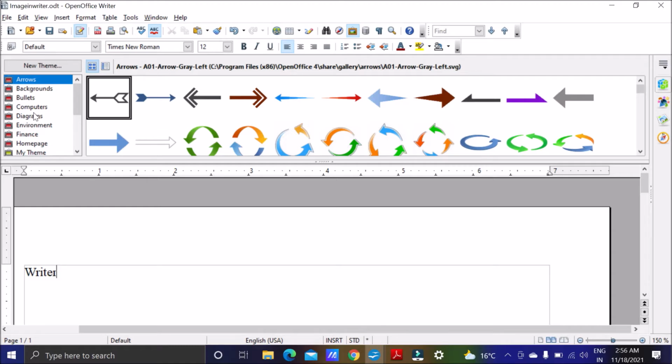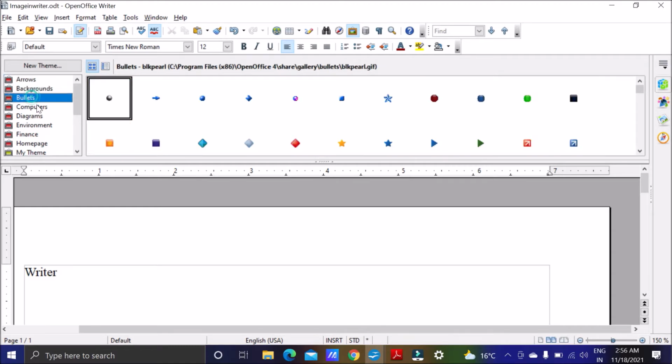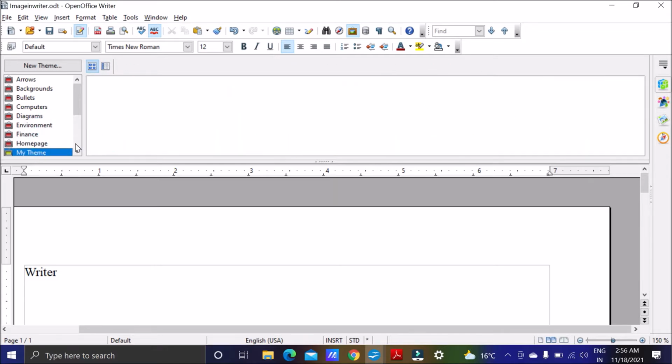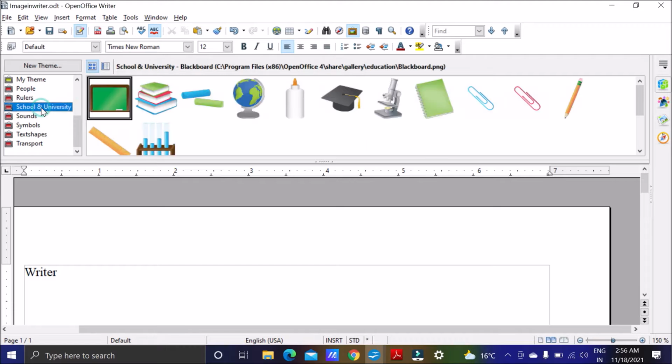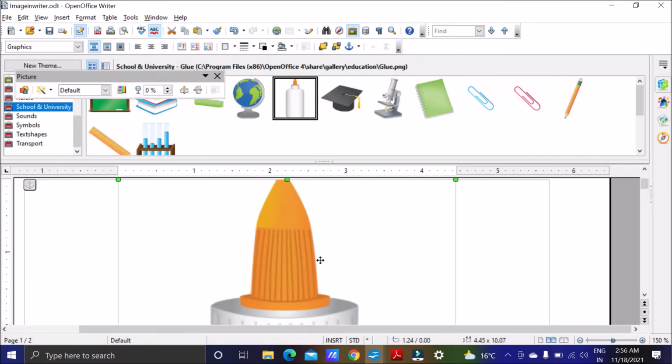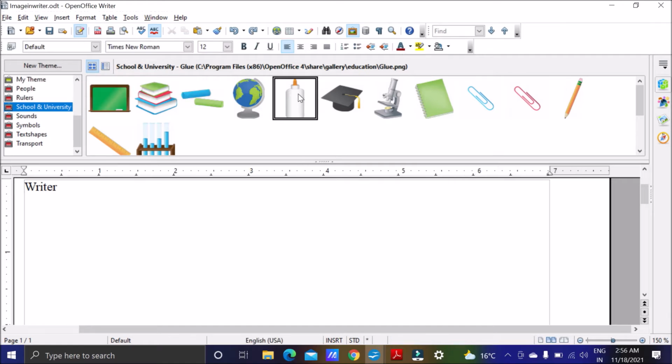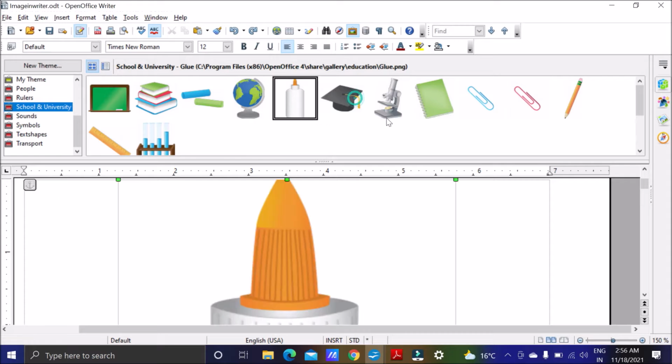Okay, now in this gallery we have so many themes. We can select whatever theme we want, and suppose rulers or schools and university. Suppose I want this image, so I will just drag and drop this image here. The image will get copied. Or we have one more method: right click, insert and then copy.